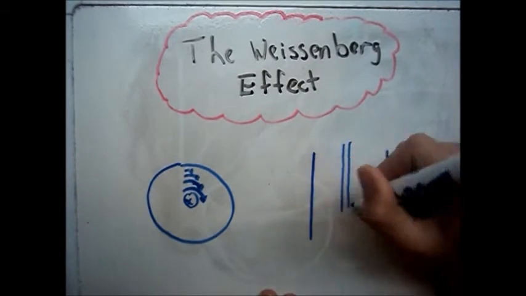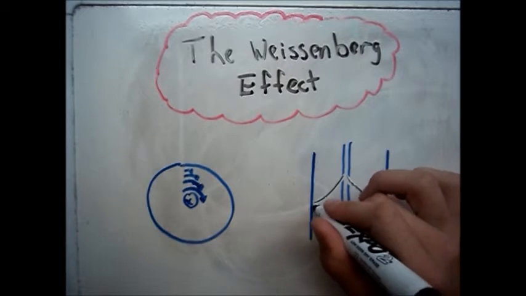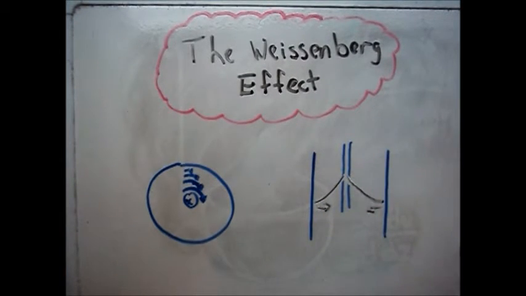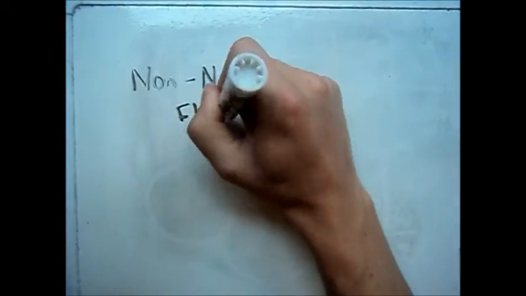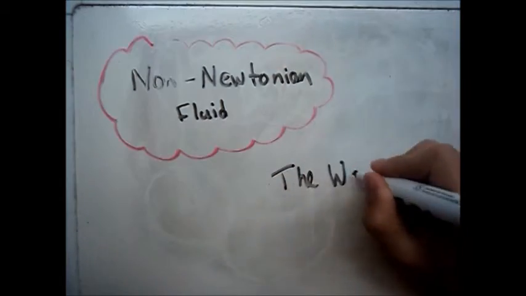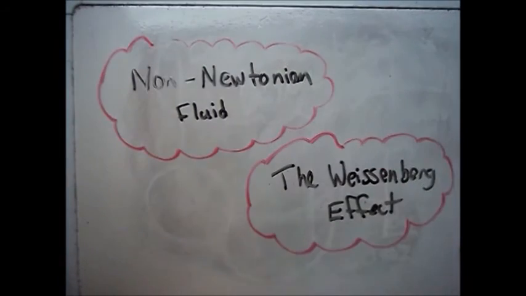This occurs because of the force gradient within the material. So as you can see here, the spinning rod's in the middle. There's a high force in the middle, while near the edges there is practically no force. This causes the fluid to push itself together to the center, causing a rising force pushing the fluid up the rod. Now, this was a quick introduction